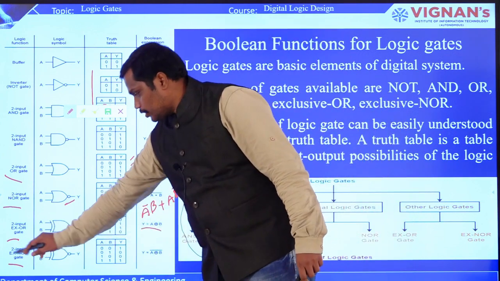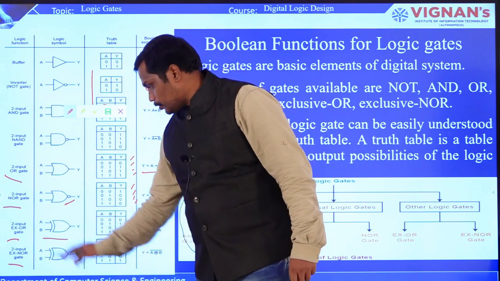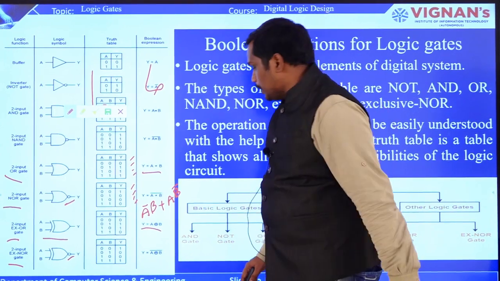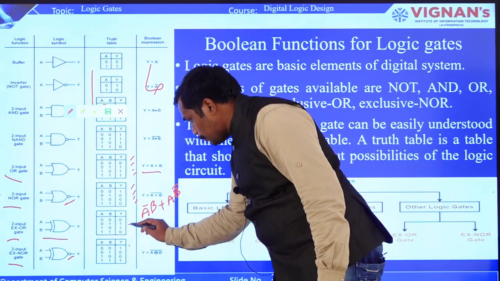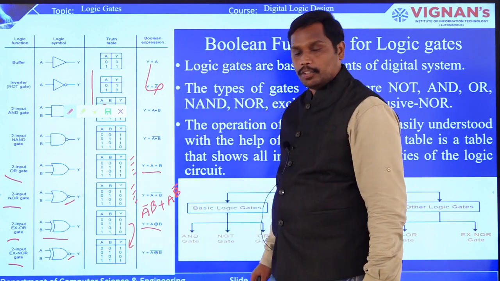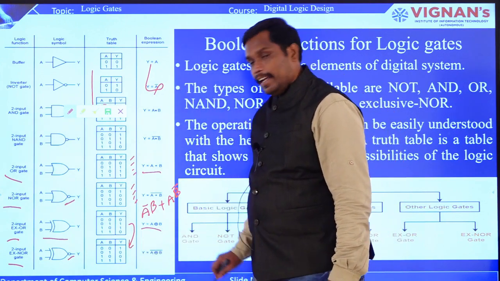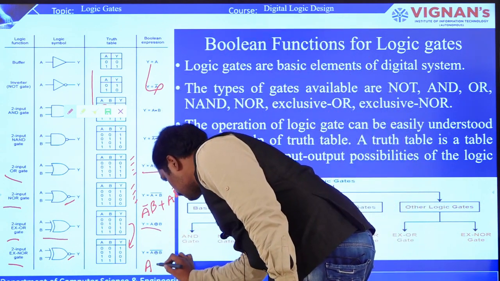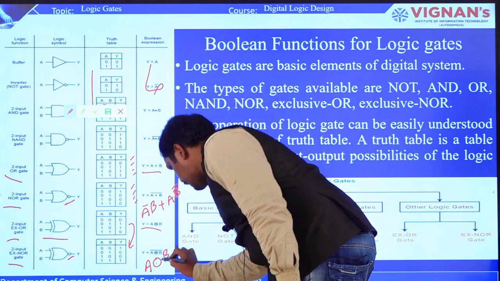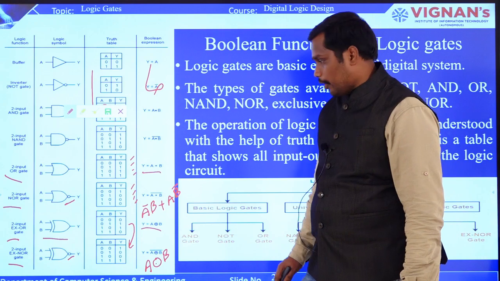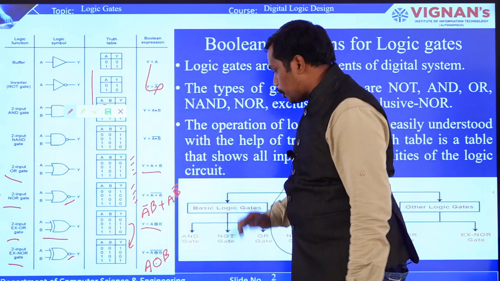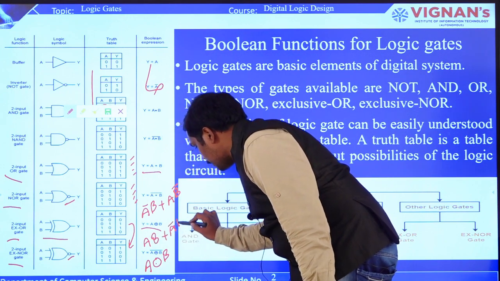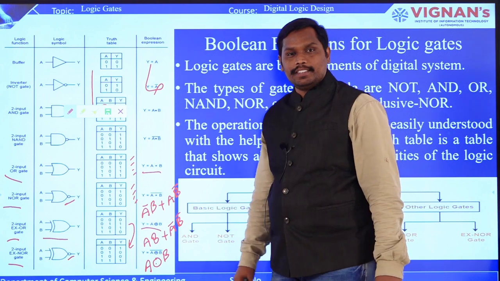And now this is XNOR. XNOR is an inverter of XOR. So in the XNOR gate, you can see there is a bubble here. Whenever an inverter is there, you express it with a bubble. So you can see that XNOR is quite the opposite. Here y is equal to A exclusive OR of B, the whole bar, which can also be written as A. This is the expression that you can also write for XNOR, or you can also write it as AB plus A bar B bar. So this is how you are going to express the XNOR.